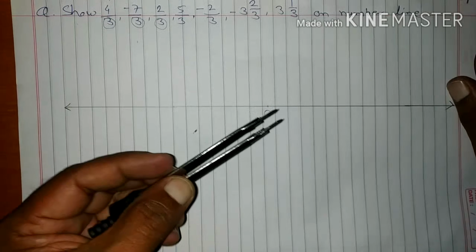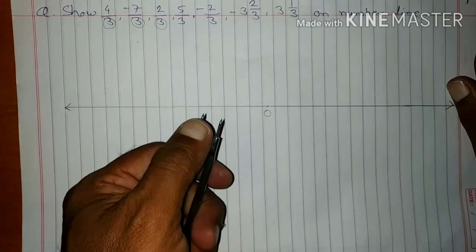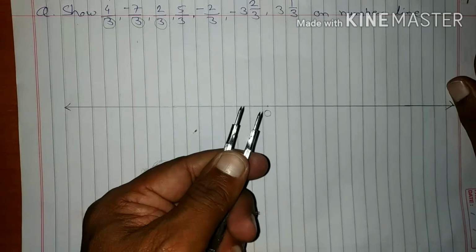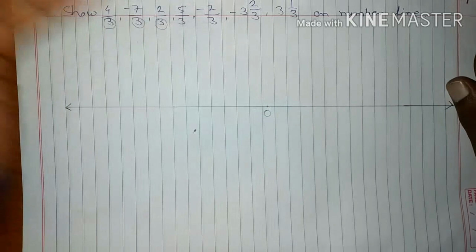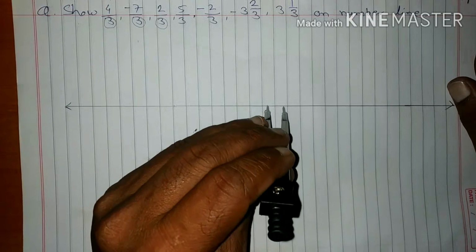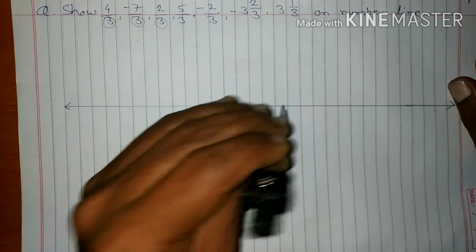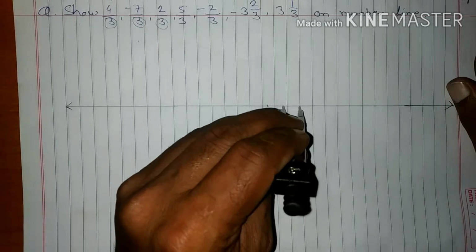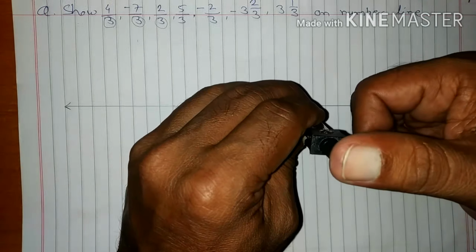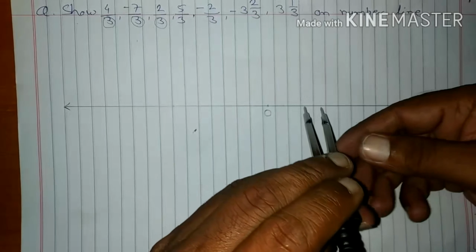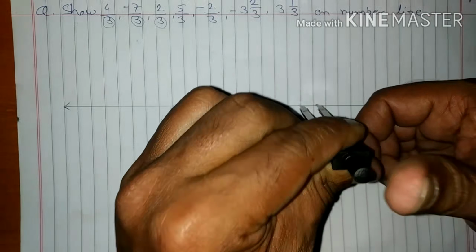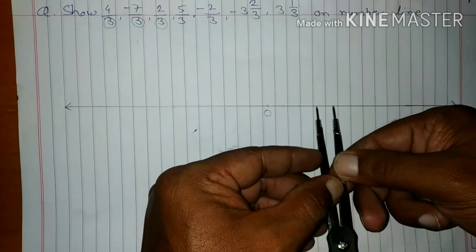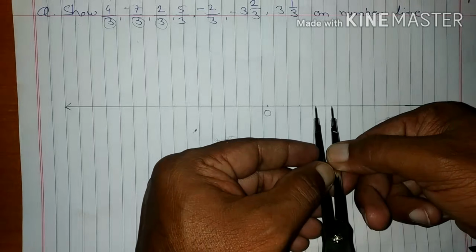Okay students, now I have taken the divider. Then what we have to do, take any random distance in these two arms of the divider. I have taken this much distance. Okay, now after taking this random distance, just mark the points on the paper. Okay, so this is the first point, this is the second point. Let us mark the third point. Now to mark the fourth point, I will keep this tip of the first arm here.